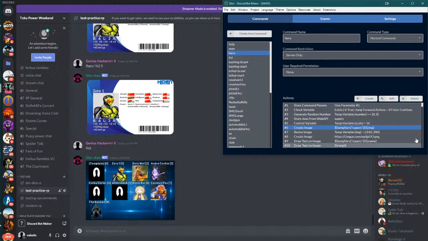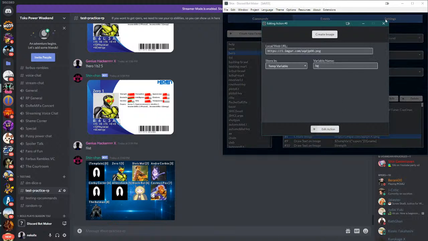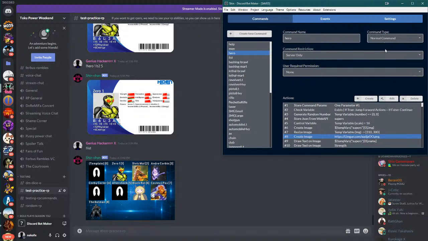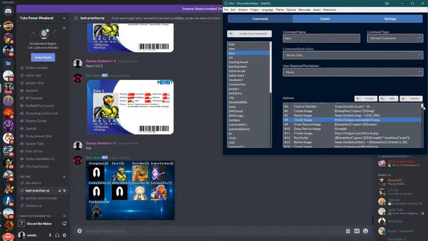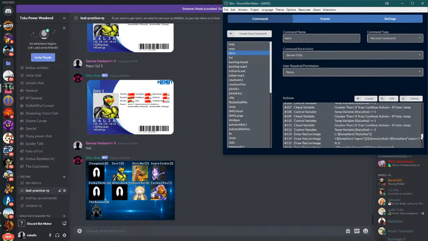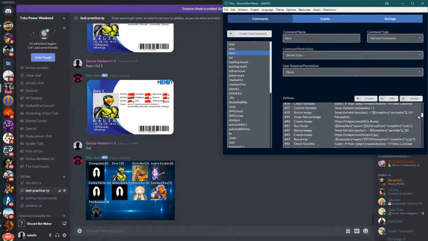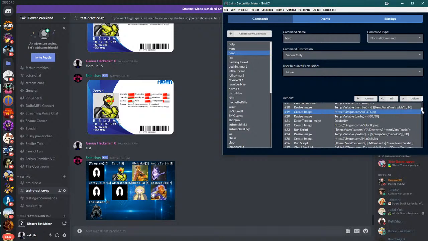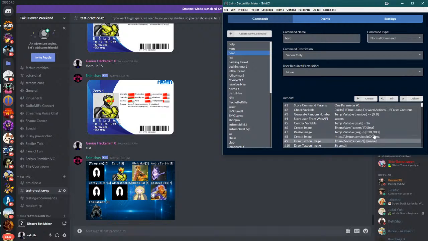So there are a few things we're going to do here. And technically you could do these in different orders, because what it really gets down to is at the very end of the thing, you need to make sure that the image you're sending to the channel is going to be what's considered your background image, because everything's layered on top of the background image. You can kind of see here, temp variable to temp variable BG. So since you're sending the background image, you need to make sure that you establish early on where your background image is, but you don't necessarily, as you can see here, have to establish your background image as the first